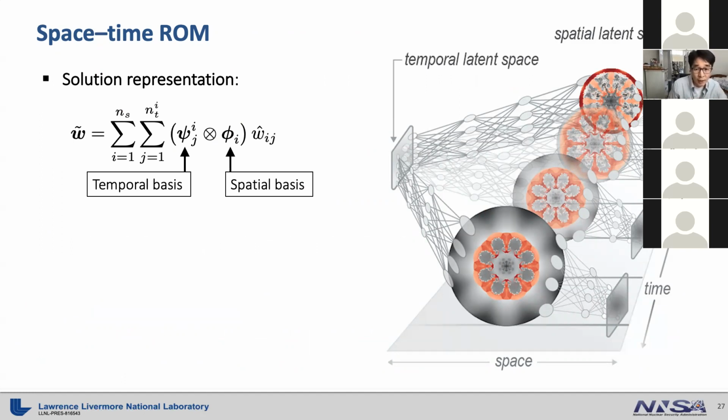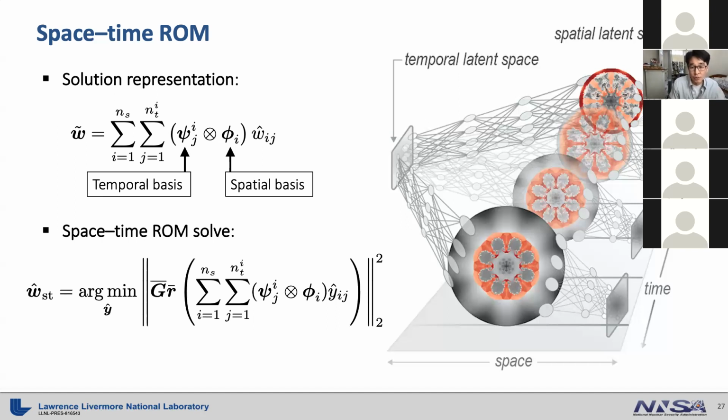Then the coefficients in front of this space-time basis will become your new unknowns, right? New coordinates. So it is obvious that it maximally reduces the total number of unknowns, because this reduces not only space but also the time domain. Okay, and then the space-time solution representation is plugged into the space-time formulation as usual, and forms an overdetermined system. Now you are hearing this like 3 times in this talk already. This overdetermined system is closed by taking the norm of the space-time residual and minimizing it. And again, we apply the weighting matrix. This is a Z in space-time, like the sampling matrix, for the hyperreduction to achieve the efficiency